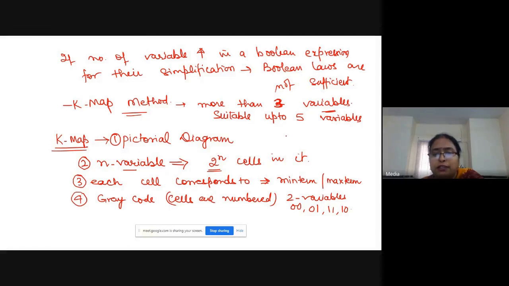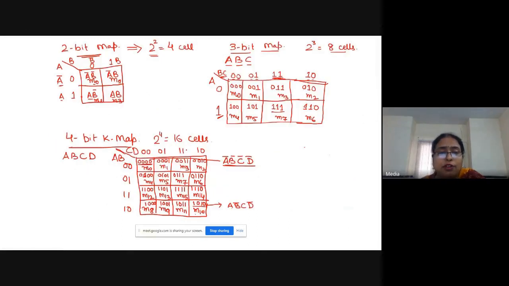And your QM method is suitable for more than five variables, because if there are more than five variables, then the QM method is the best. If there are more than five variables, then the K-map method also becomes very complex. Clear? Is it clear, Anil? If there is any doubt to anyone, you can ask.